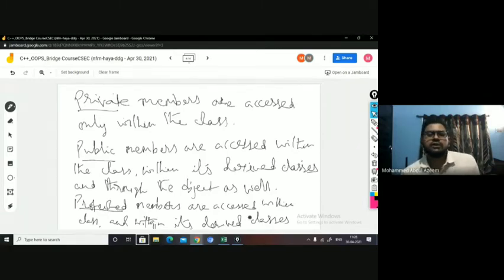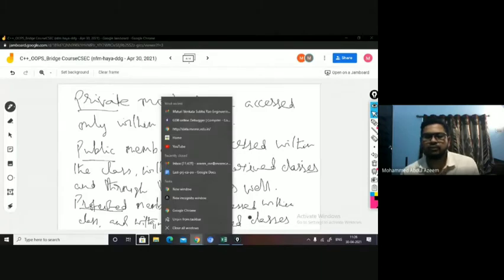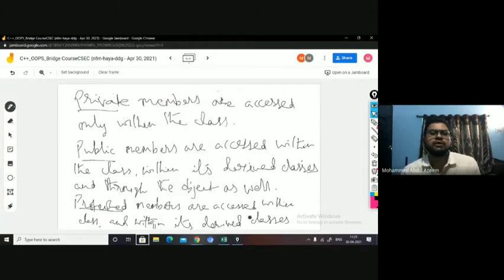So these are the three different access specifiers. Generally, we have to define the scope of the members of the class. If you declare the members under private mode, they will be accessed only within the class. If you declare them under public mode, they will be accessed within the class, its derived classes, and through the object as well. Protected members are accessed only within the class and its derived classes, not through the object. Okay.